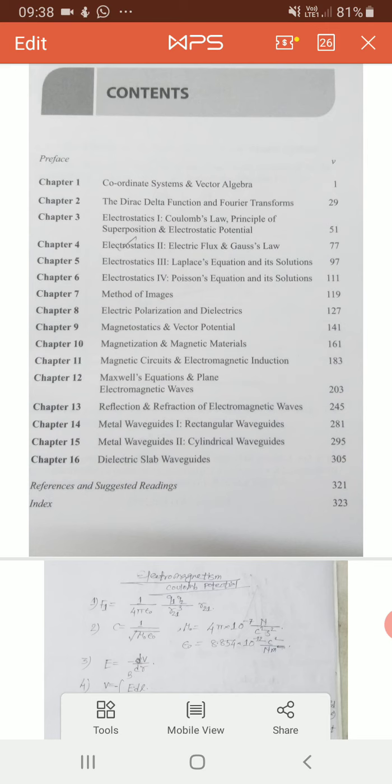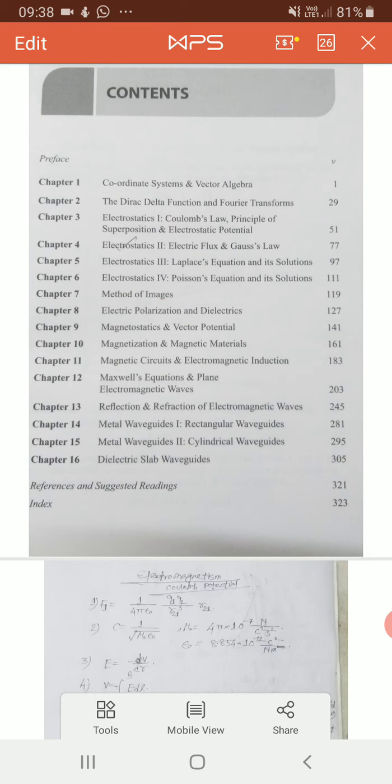First of all, we shall talk about the syllabus of CSIR NET or different kinds of exams, the questions that frequently appear from different parts of electromagnetism. I shall take the contents from a book of Ajoy Ghatak, and the contents are